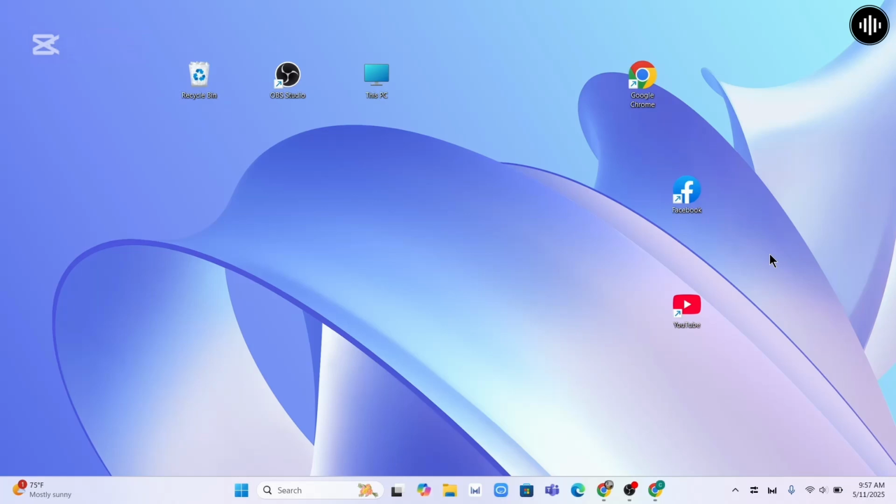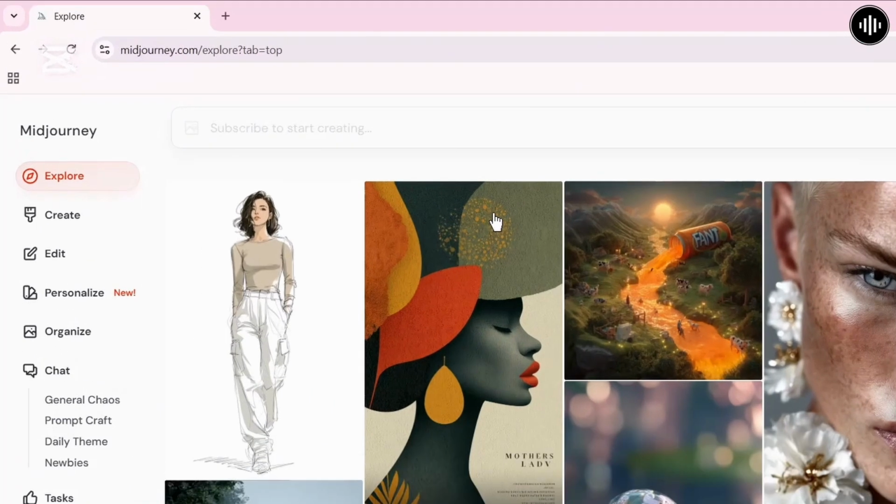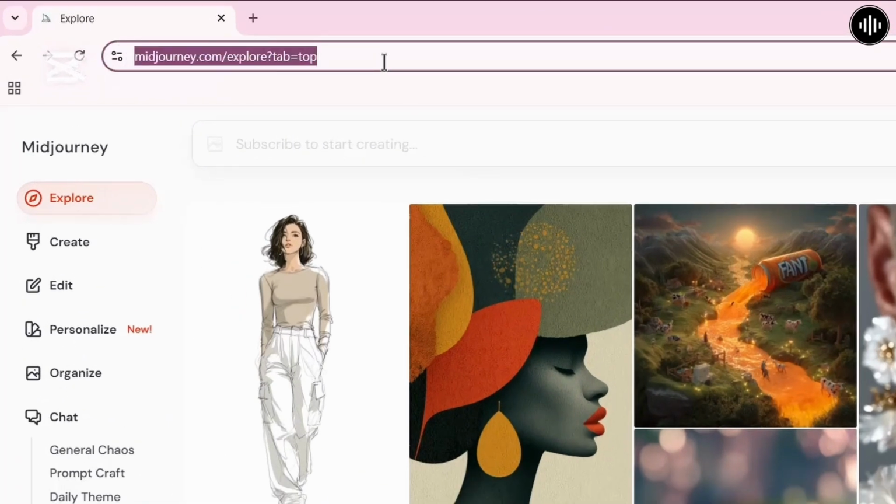Today I will show you how you can change the password of your Midjourney account. So let's get started. In this process, at first you'll have to open any browser on your system. Alright, so after you open the browser, in the search field you'll have to search for midjourney.com, and after you